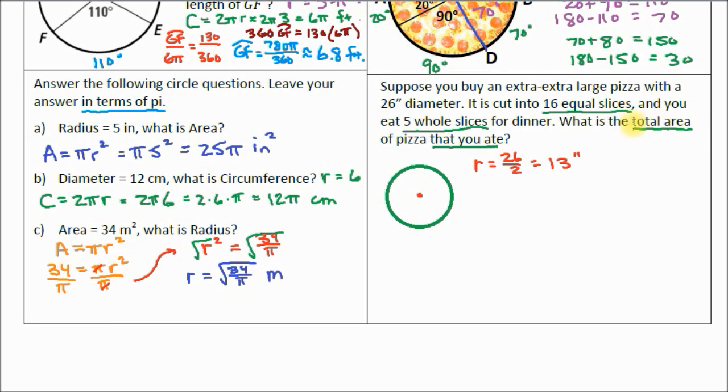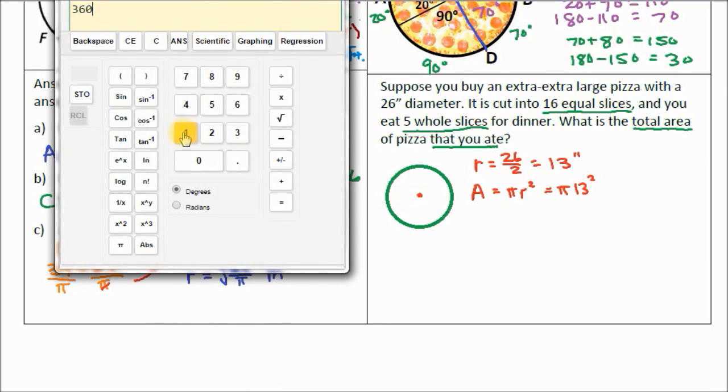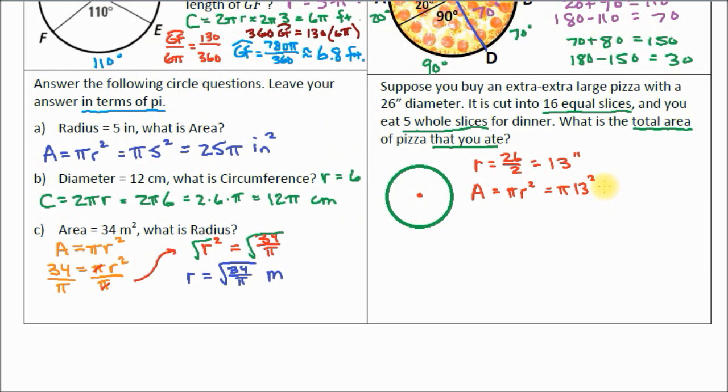All right, now, I'm dealing with area here, not crust. Crust would be arc length. Area is the space inside. They want to know the area of the pizza you ate. Well, we're going to need to know the area of the whole pizza. So the area of the whole pizza is pi r squared, which is equal to pi times 13 squared. Let's go ahead and do 13 squared. That is 169. So the area is